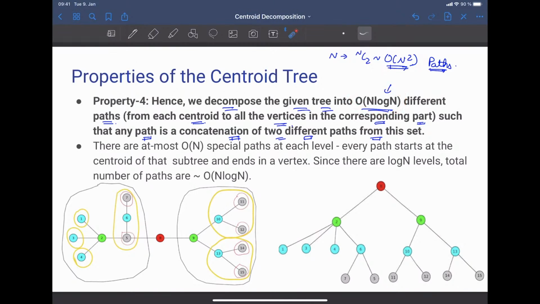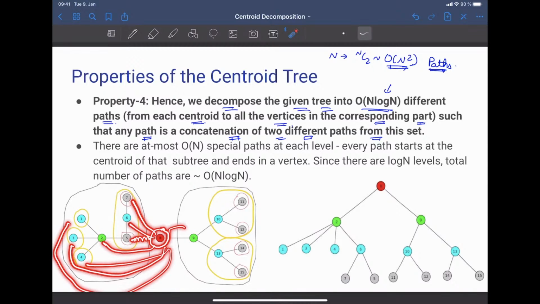So again, what exactly is happening here? The n log n paths come from the fact that whenever we find a centroid node, we process all the paths starting from this centroid and ending at any node in the component for which this node is a centroid. For example, for node 8, we process the path from node 8 to 5, 8 to 6, 8 to 7, 8 to 2, 8 to 4, 8 to 3, 8 to 1, 8 to 9, 8 to 10, 8 to 11, 12, 13, 14, 15. So these are the 15 paths which we process for starting at node 8 and ending at any other node